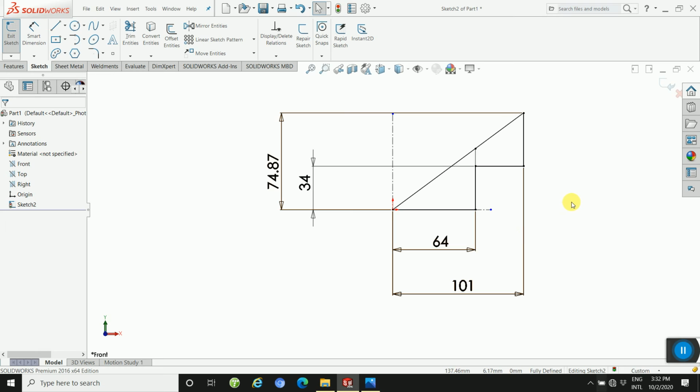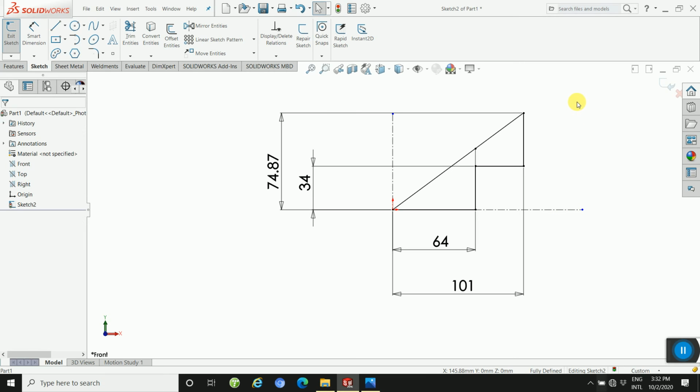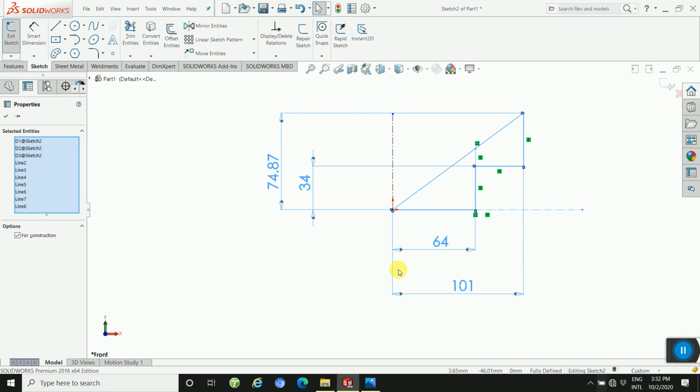If you want to mirror this, if you want to mirror all this geometry, press Control and select.